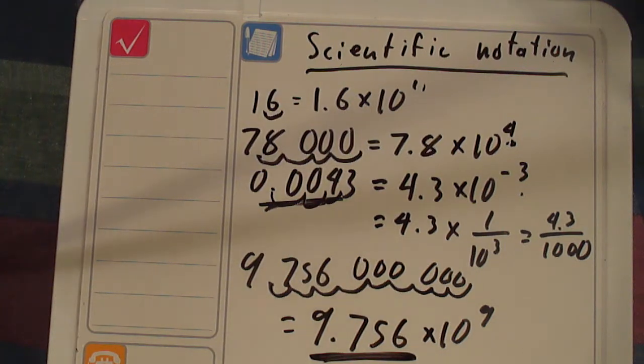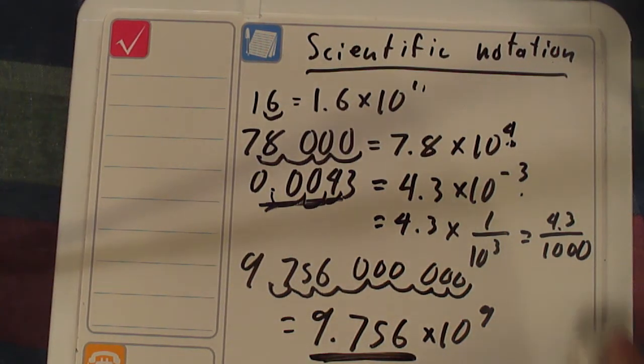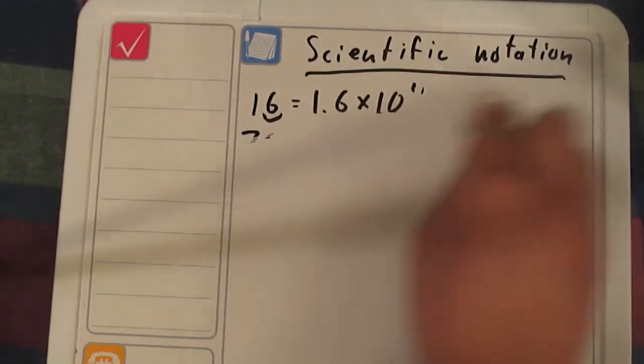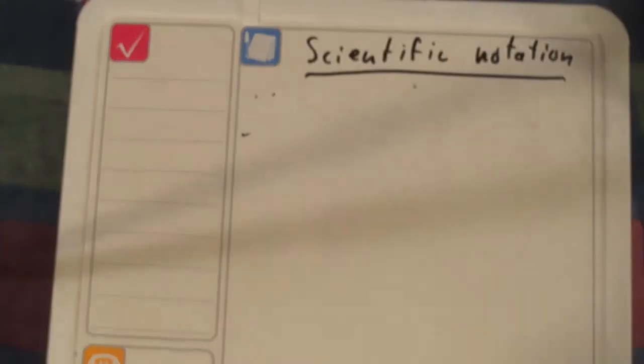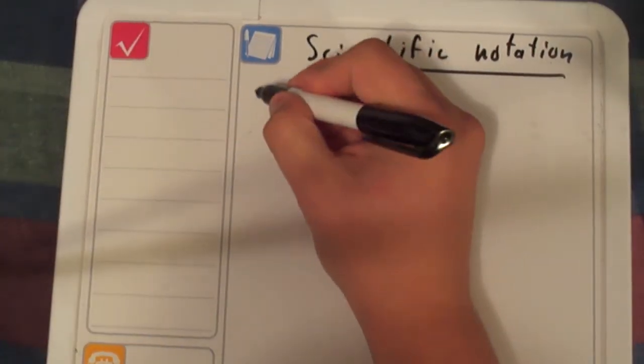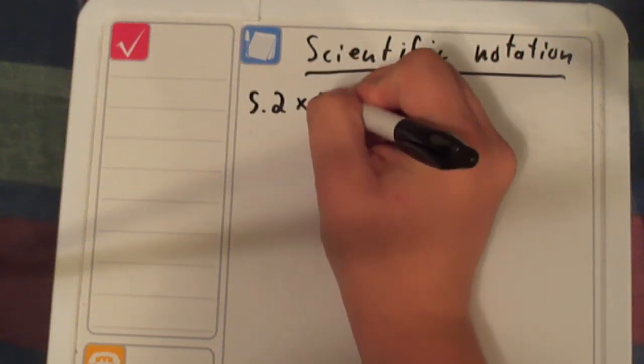So, there you go. Nice and simple. That is the start of scientific notation: putting normal numbers into scientific notation. Now to go the other way, it's not hard. Okay, so let's go 5.2 times 10